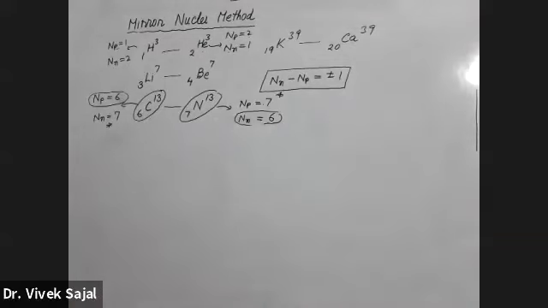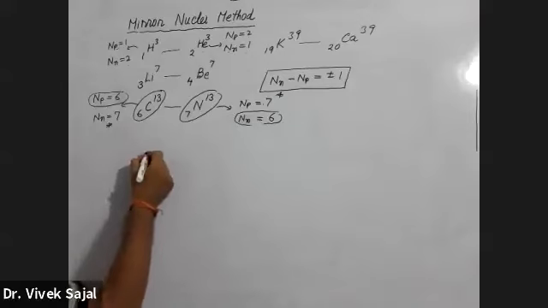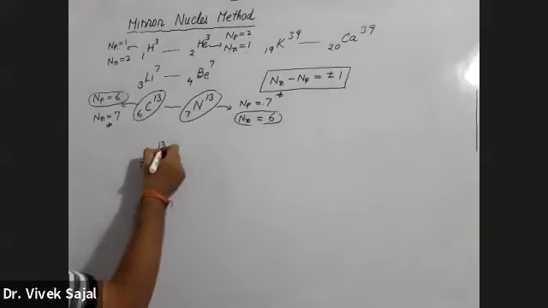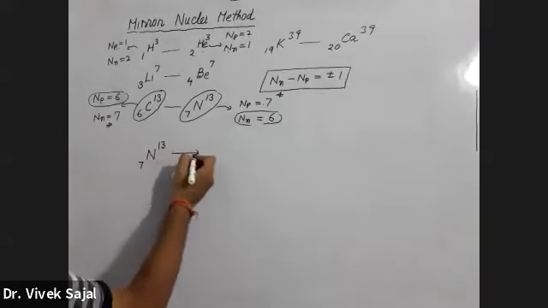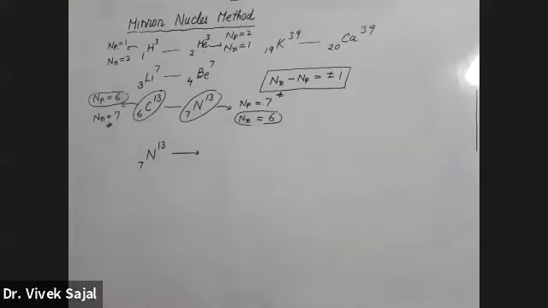If we have 7N13. हाँ जी. सब मिरर न्यूक्लियर का मतलब रेडियस सेम होगा. Mirror nuclei means their radius will be same, because their A number will be same. Or you can say approximately that their radius will be very close, or it will be equal, because their A number is same.